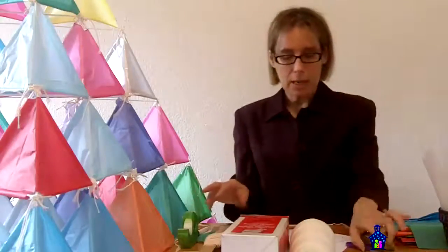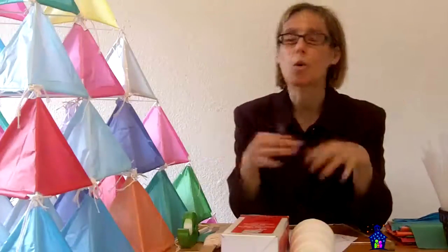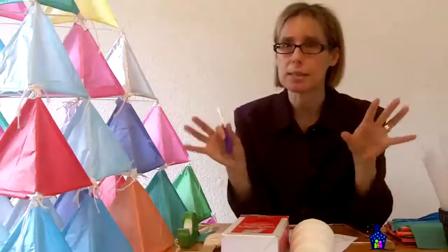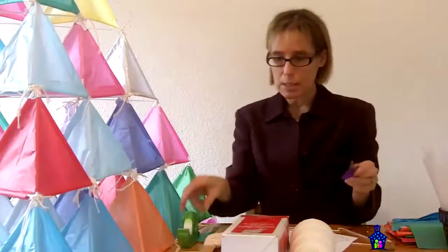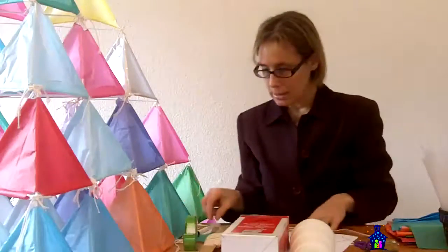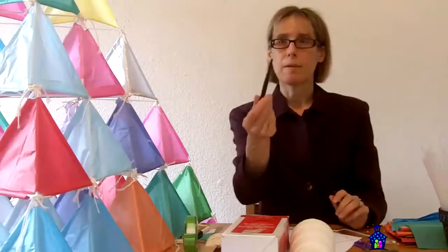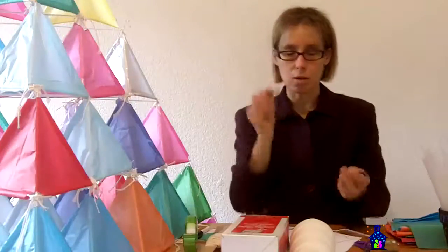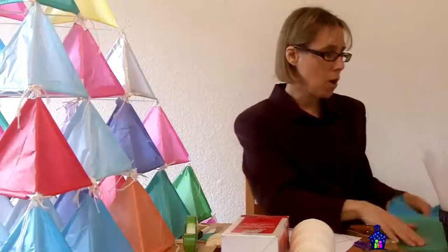Then you're going to need scissors, and I always have as many scissors as I expect participants at that station, or as many participants as the station can hold, actually. And then you're going to need clear tape and pens, and I like to use felt tip pens because it's easier to trace onto the tissue paper,